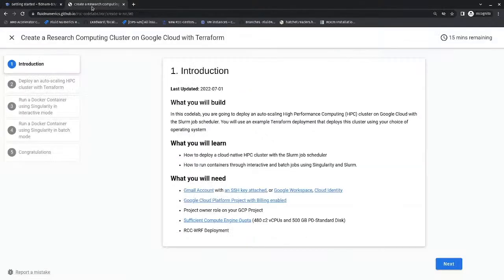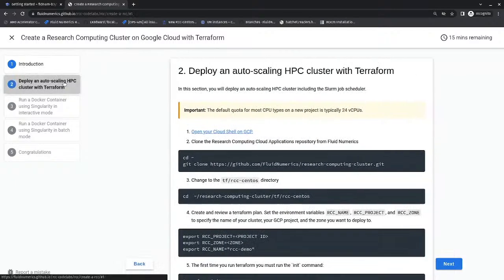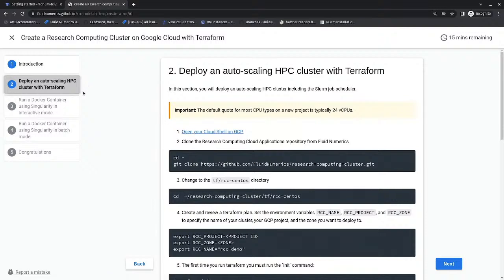Let's actually go to that code lab. So basically, I've already covered what's in the first step here, what we're going to build. Let's go on to step number 2. We're going to deploy this